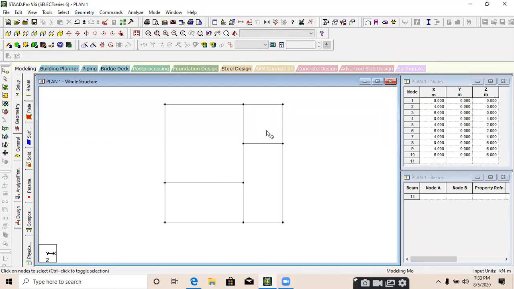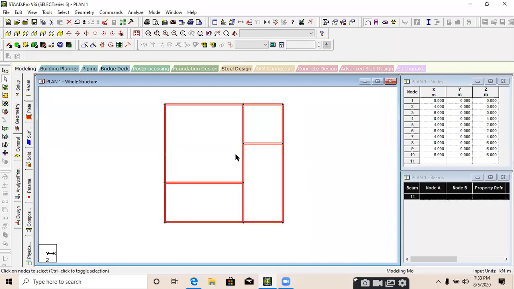What is the next method to draw a plan? Again, I just want to delete this, because I'll tell you the next method. First one is the grid method. With the help of a grid, we draw a plan. Second one is the coordinate method. And third one is a very easy method, which is the copy and paste method. We will copy the node and paste in x direction, copy the node and paste in z direction.